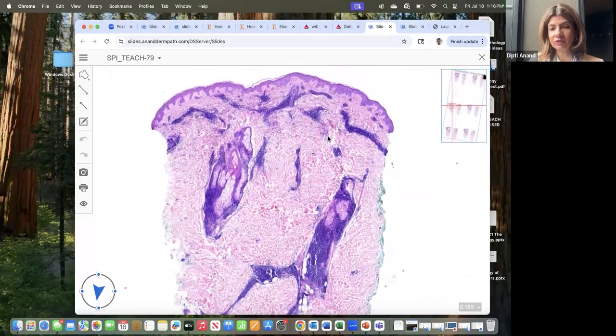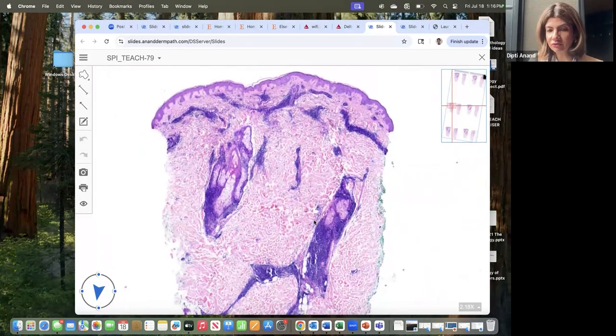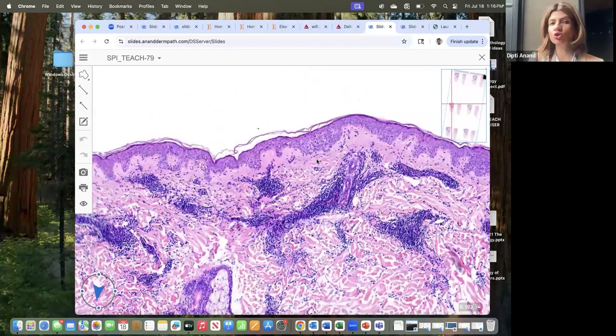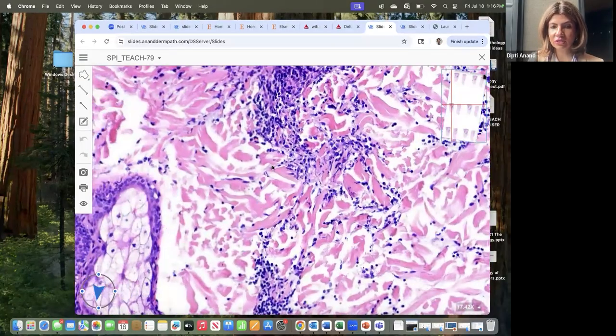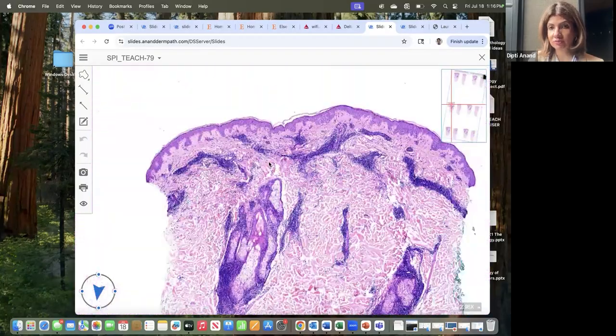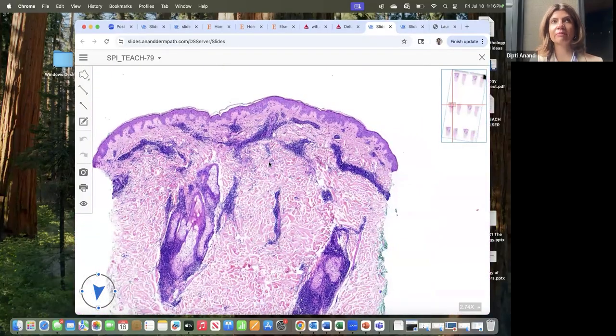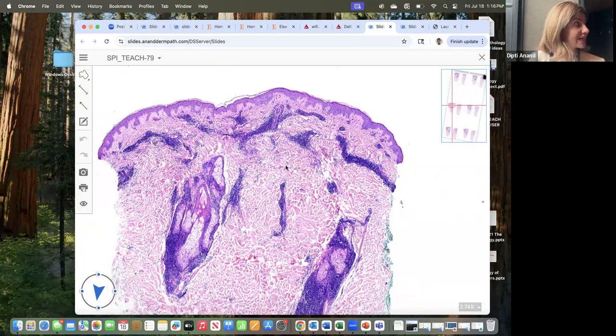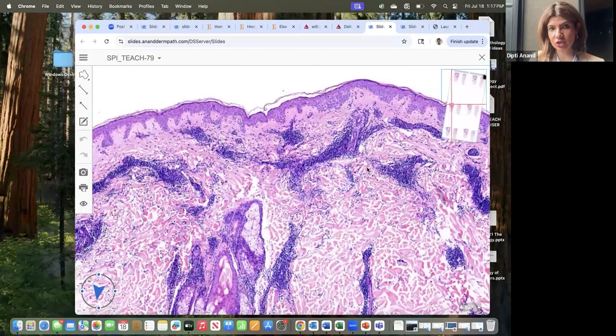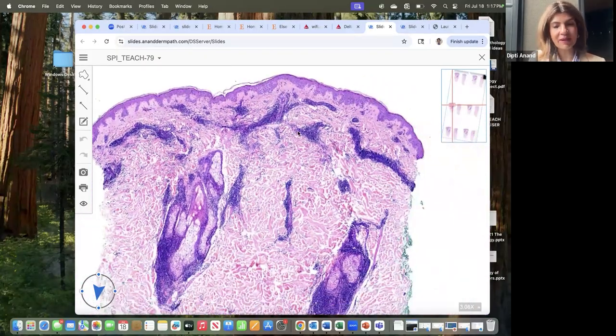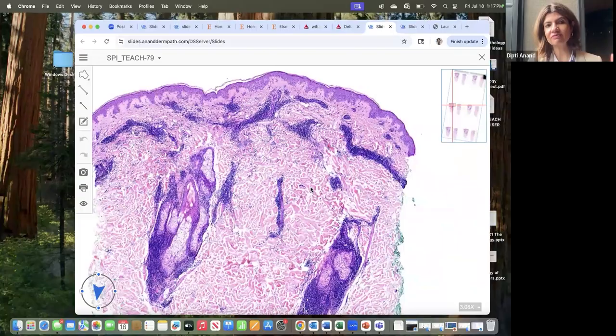Now, this pattern of superficial and deep lymphocytic infiltrate without epidermal change, there should be no epidermal change whatsoever, along with dermal mucin. When you go up on high power you see, oh yeah, there is some dermal mucin in tumid lupus. So what is tumid lupus? Tumid lupus is a type of lupus which occurs as a photoexacerbated papular eruption. You really don't think clinically about lupus in that. And you see a superficial and deep tight lymphocytic infiltrate in a coat-sleeve pattern with subtle dermal mucin and no epidermal change. When you see this pattern of tight sleeve-like infiltrate, you think about tumid lupus and you think about